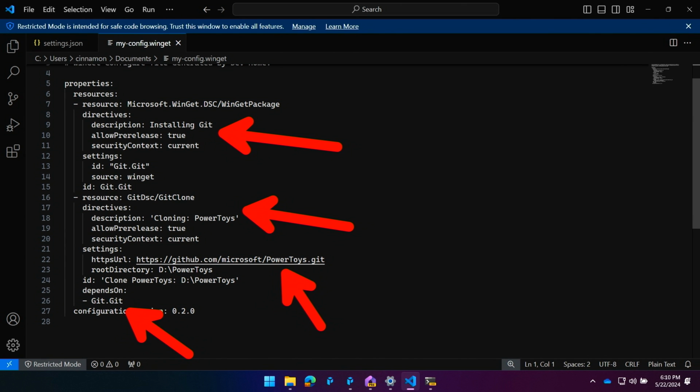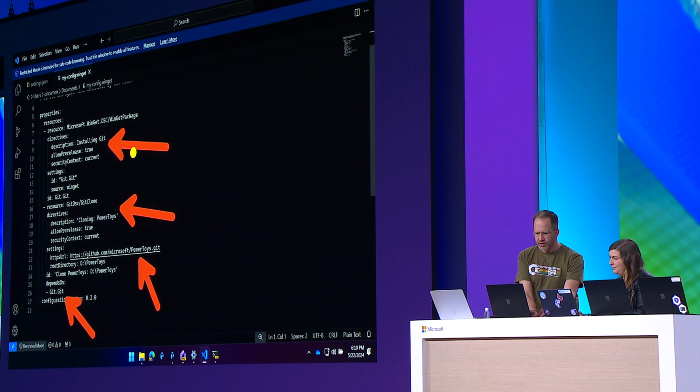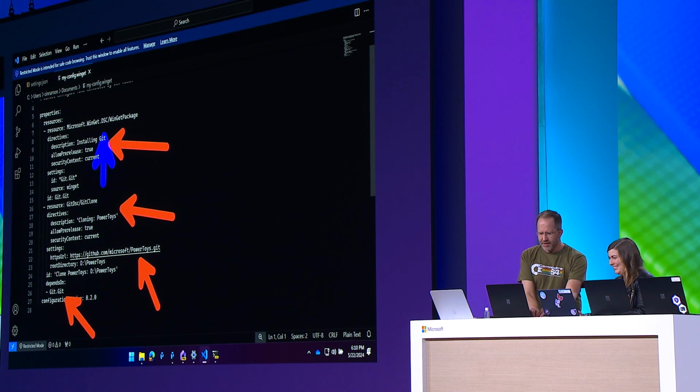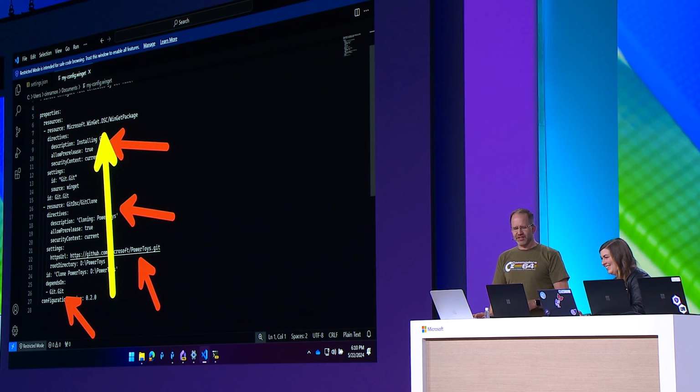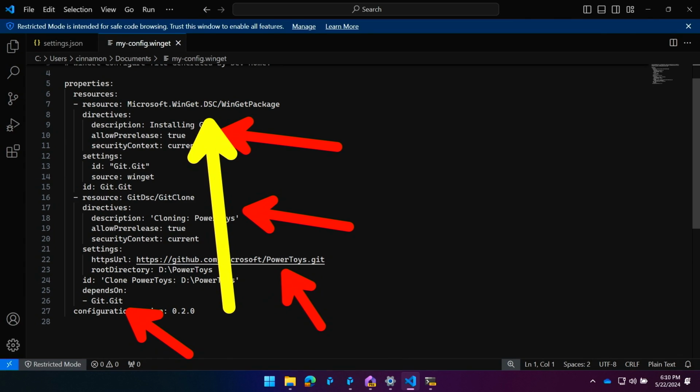It should just work. One of the things that's worth noting about this is DSC, desired state configuration. This isn't a batch file. This isn't a PowerShell file. It's not a series of instructions on what it needs to do. It's a state. So if you had something that was already installed, like everyone has Git these days, it's just going to make sure that Git is installed. It's not going to attempt to install it again. So it helps get your machine into the proper state, like you mentioned, rather than just applying everything at once, like a batch file. That's cool.